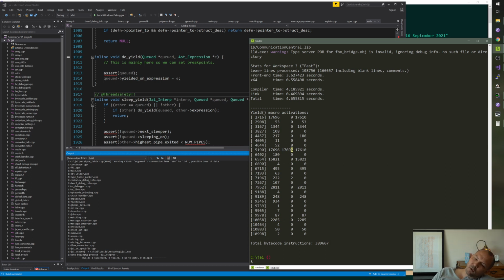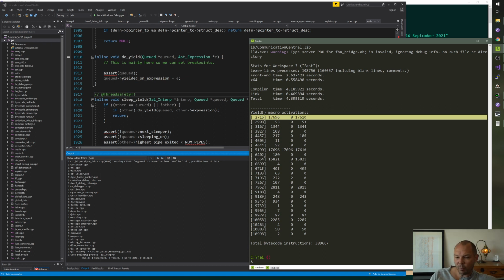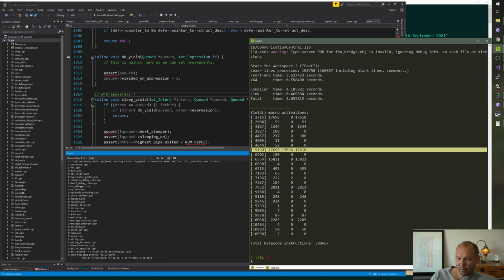Oh, I know why this column doesn't make sense. Because when we re-poll an expression, we set yielded on expression to null. And the only reason this one is happening this way is because it's redundant: we call this and it sets the thing, which got set to null when we polled, and then it sets it here, and then it returns back up and sets it here, right?